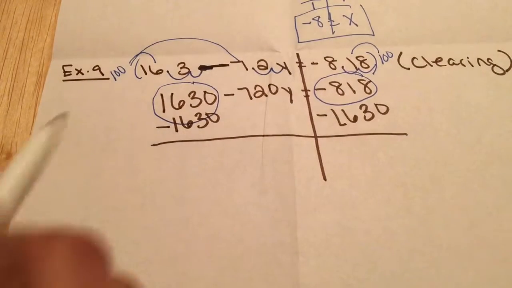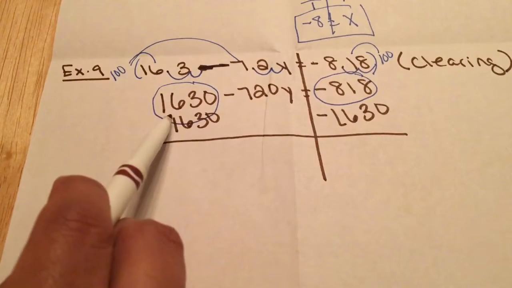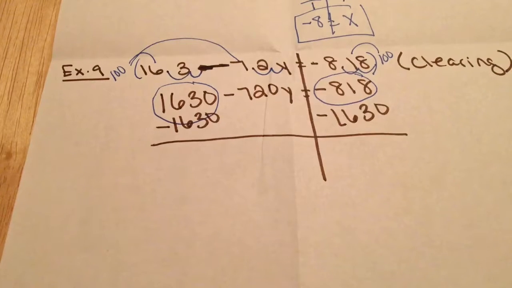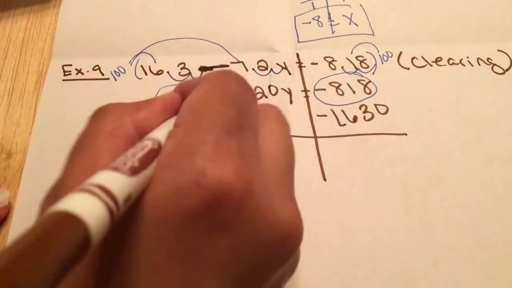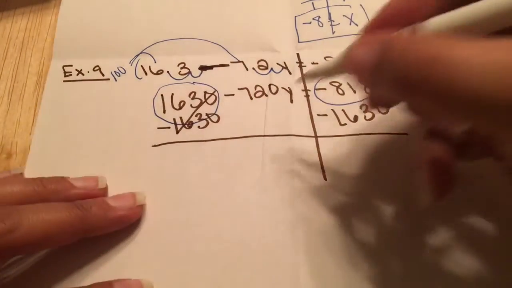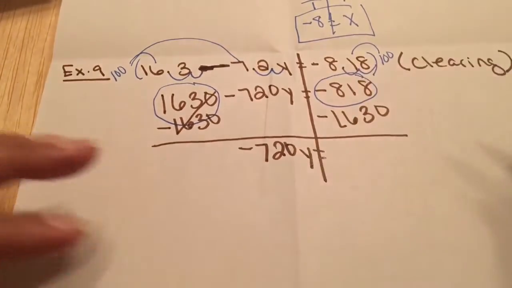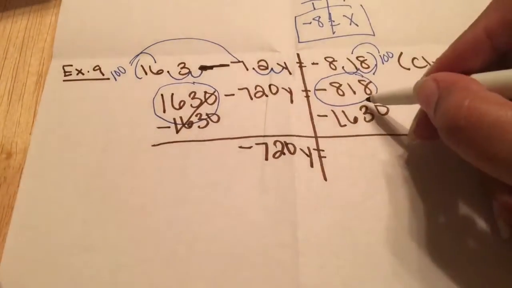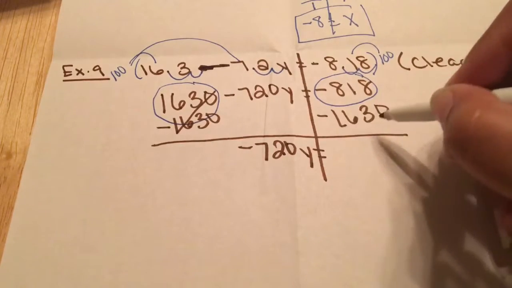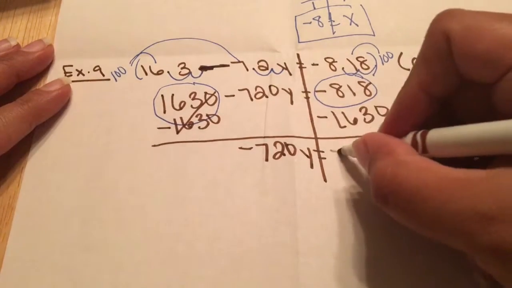So when we do that, we know that a positive 1,630 minus 1,630 will cancel out. So that's gone. And we are left with negative 720y on the left side equals negative 818 plus a negative 1,630 is going to be negative